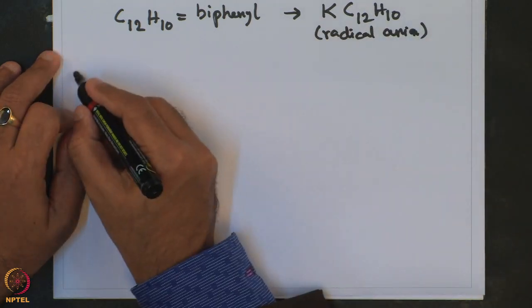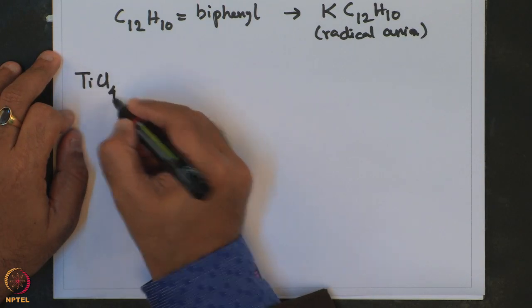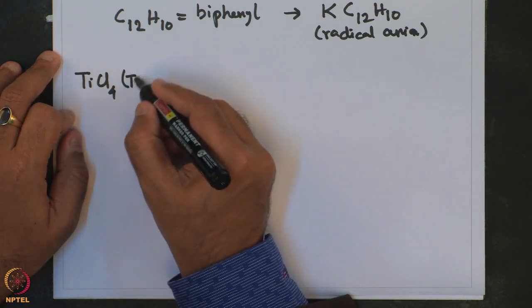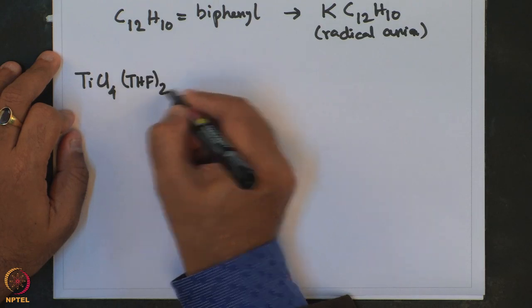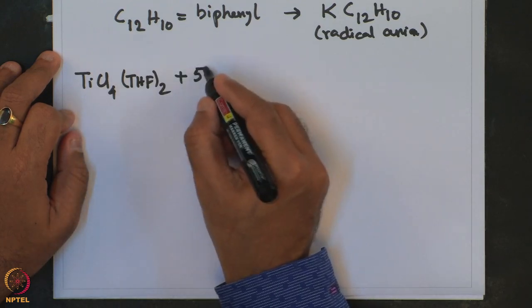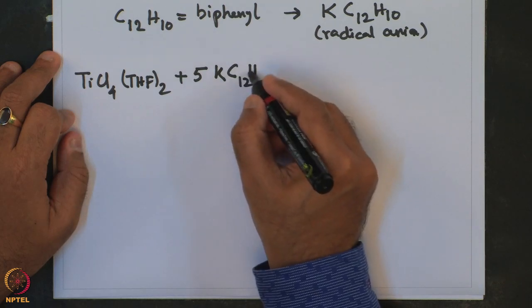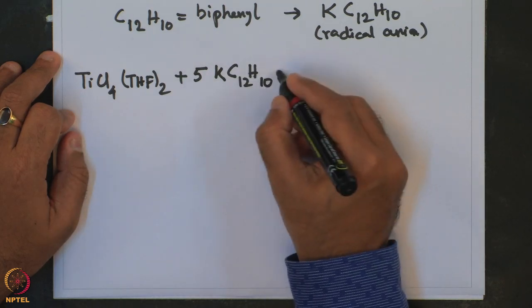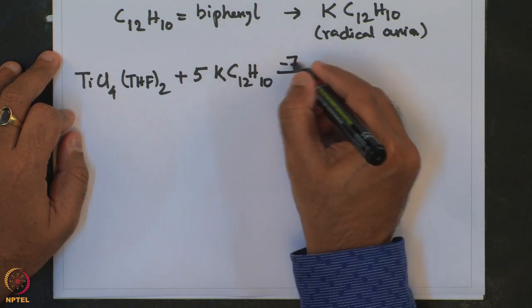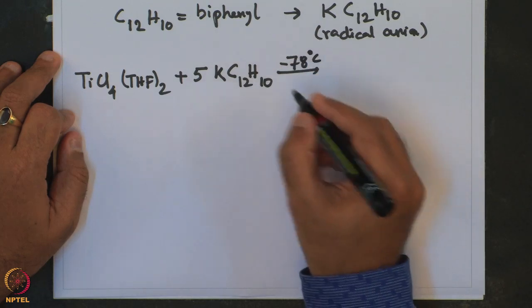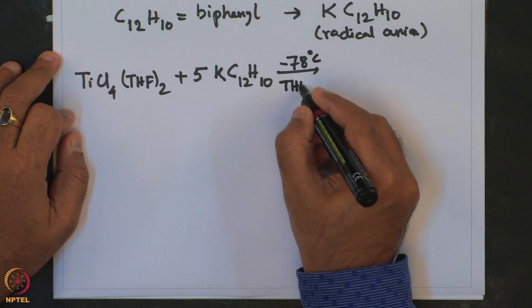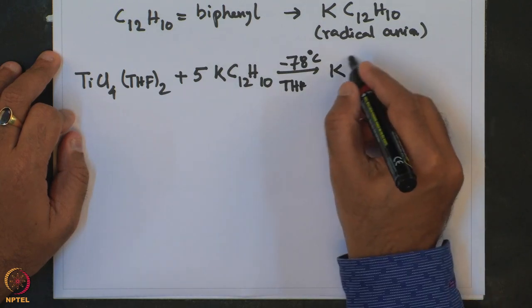So, the reaction is TiCl4 THF whole twice plus 5 KC12H10 at very low temperature, minus 78 degrees centigrade, giving K